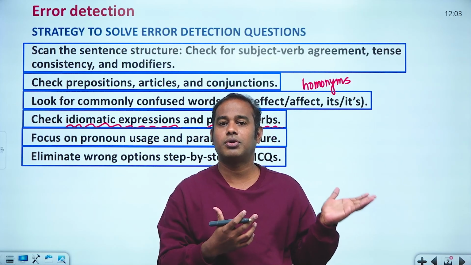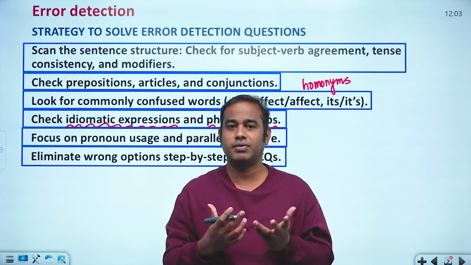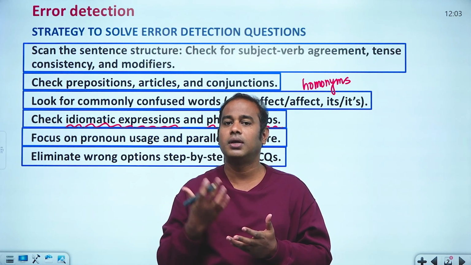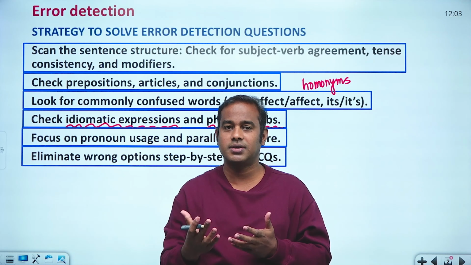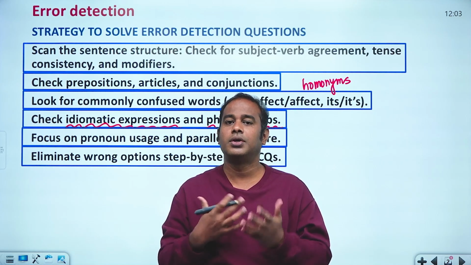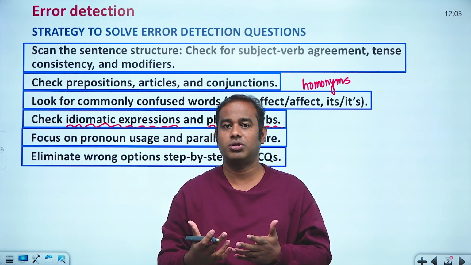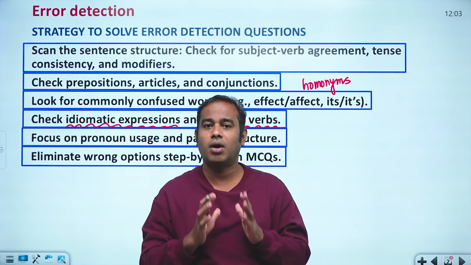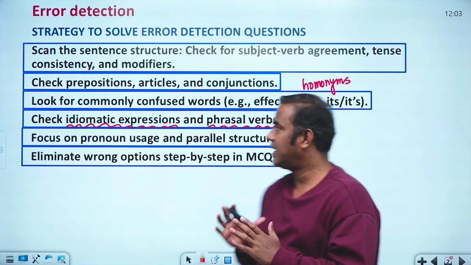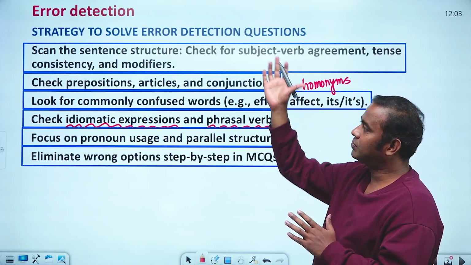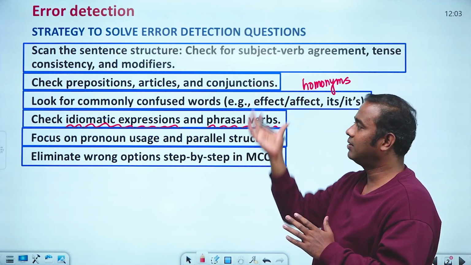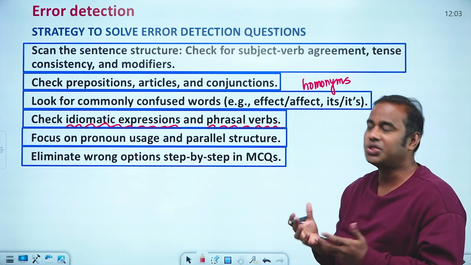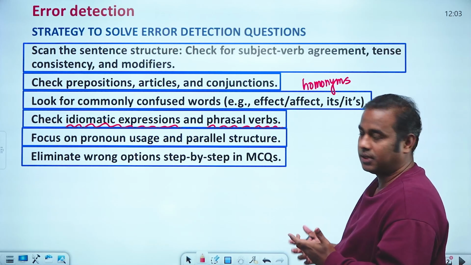So you should read the question properly, and then find out whether they are asking for the sentence error or the right sentence. There are also techniques like elimination. All those things you should take into account and then solve the problem. So this is about how to solve error detection. In error detection, you must have thorough knowledge of all these topics. If you are unable to have thorough knowledge in English grammar, nobody is perfect in anything, but